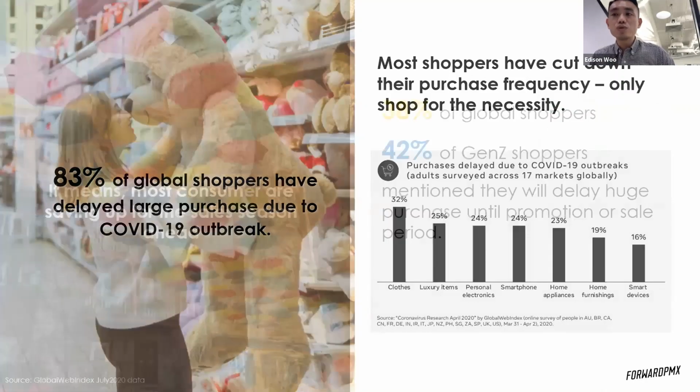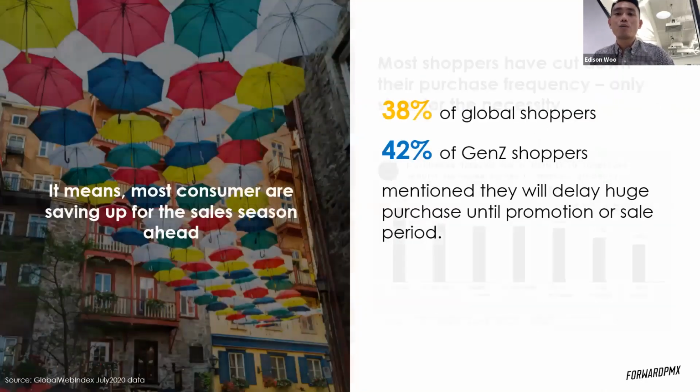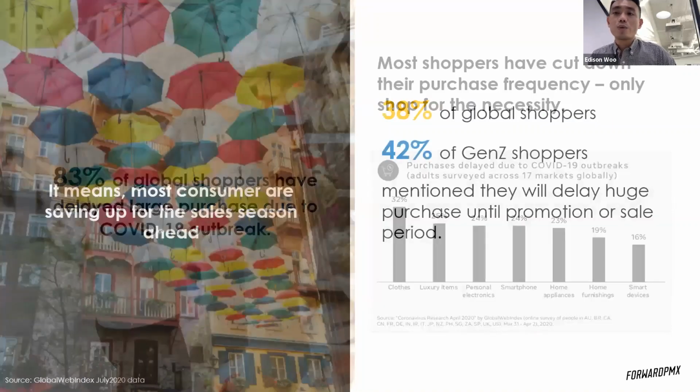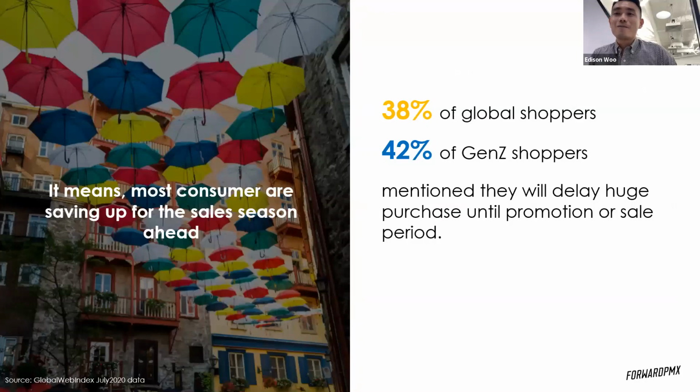And actually, we do know that they are waiting for the moment to shop in the next season. So in the next slide, we also have some numbers to show you. 40% of global shoppers, or even Gen Z, the most important segment that contributes most of the sales these days, mentioned that they delay a huge purchase until a promotion or sales period. They create a lot of opportunity for us in the coming season, because this is the moment where we need to make a comeback. So in the next slide,